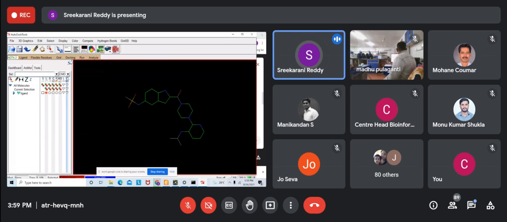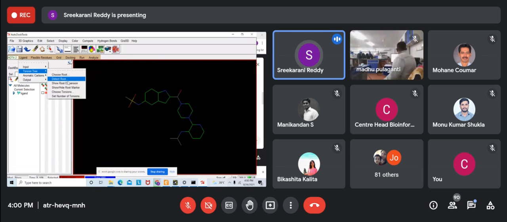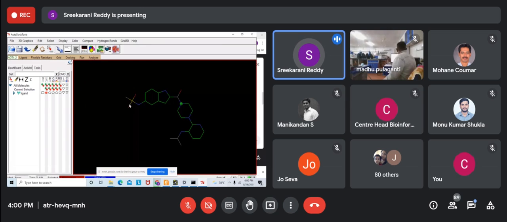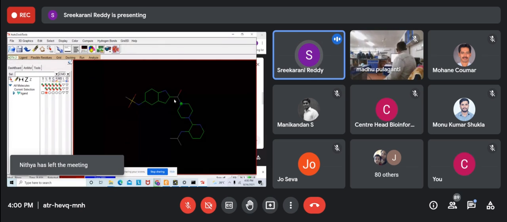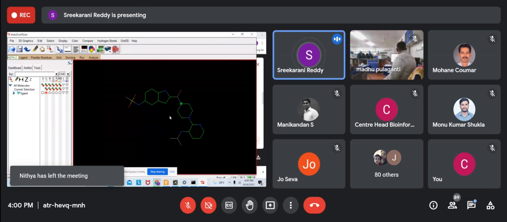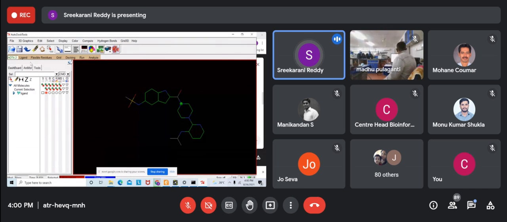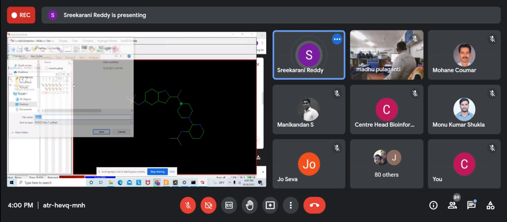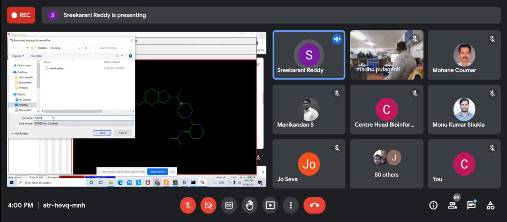Okay. Next, Ligand, Torsion Tree, Detect Root. This is the one which will help with the flexibility of a particular ligand. So this is the one we need to proceed with. After that, Ligand, Output, Save as PDBQT. The same one to which we have given the charges, and we are assigning dot pdbqt.